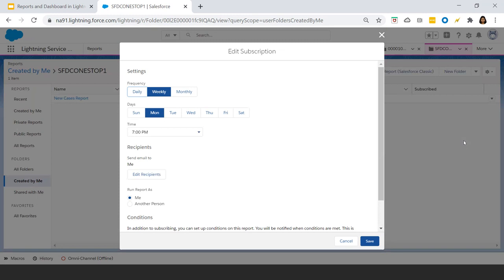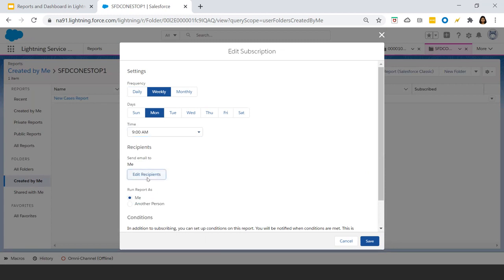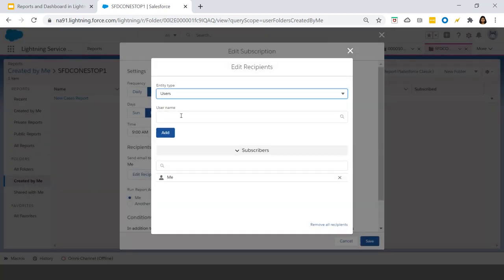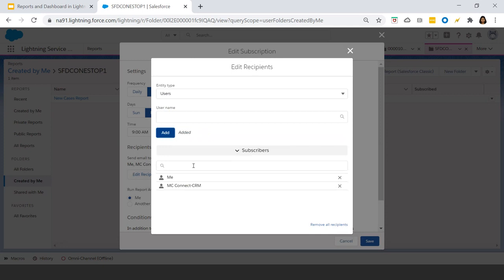If you want to send the report every day automatically, weekly or monthly, based upon your requirement, you can choose whether you have to send this email notification every day, weekly or monthly. For us, the requirement is I would like this particular report to be sent every week, every Monday at 9 a.m. morning to a certain set of users. It has to be sent to me and it has to be sent to another set of users. For me, only this user is available. So click on add and then